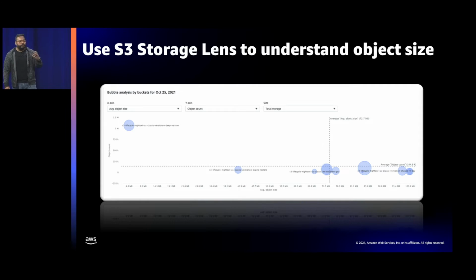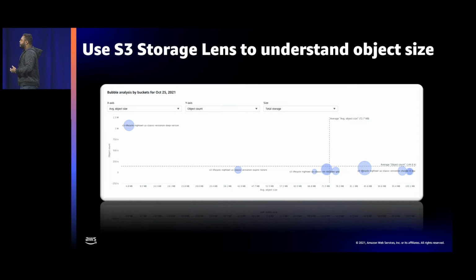So these become really good candidates for transitioning to Glacier Deep Archive or Glacier Flexible, as long as you don't need immediate access on a very frequent basis. And you also see buckets with much lower average object size that you can then exclude from your lifecycle transitions. Does that make sense? So using this information, you can identify the buckets that you need and then create lifecycle policies to archive those objects before sending them to Glacier Deep